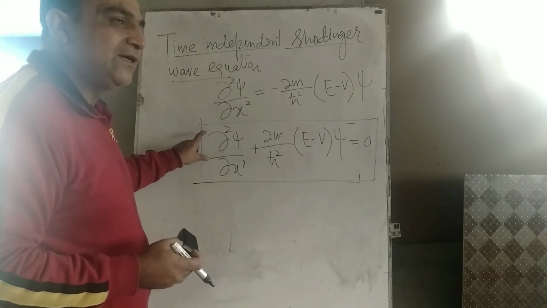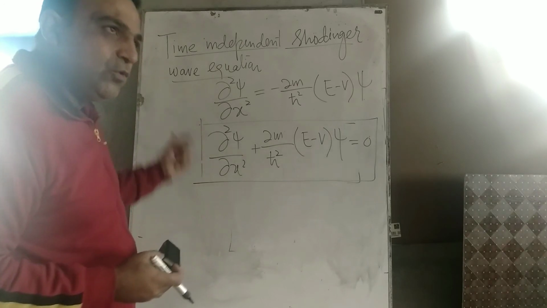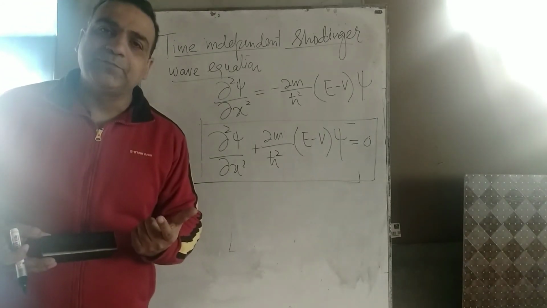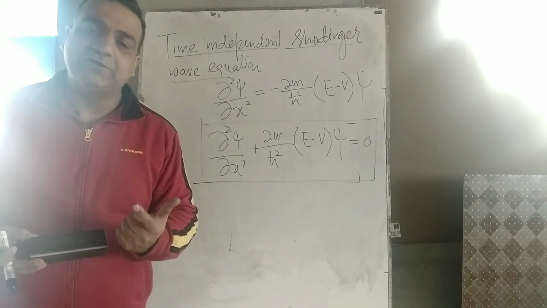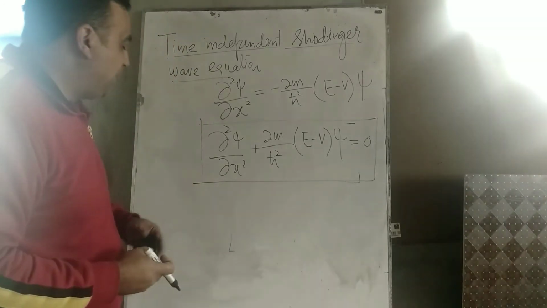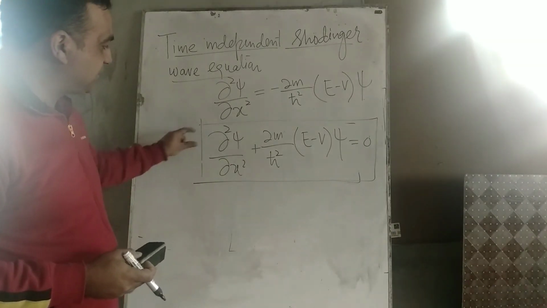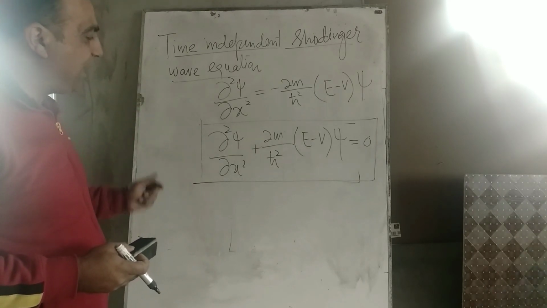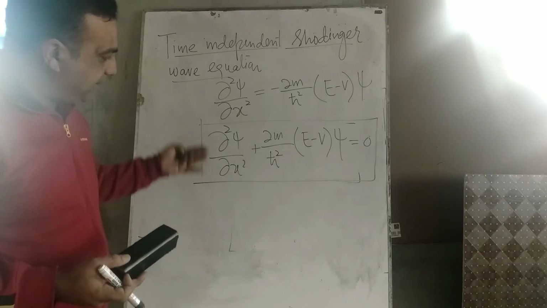While solving this differential equation for a particular problem, we can execute the boundary conditions of those problems that we would like to have a discussion on, we would like to have some understanding on. So this second order partial differentiation, which is primarily for a free particle moving along x,